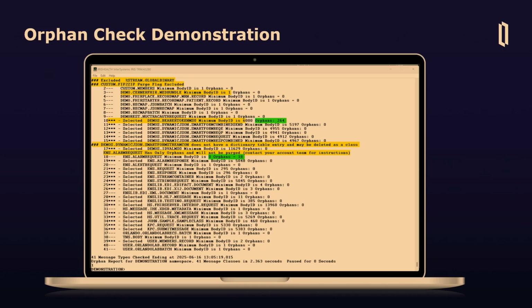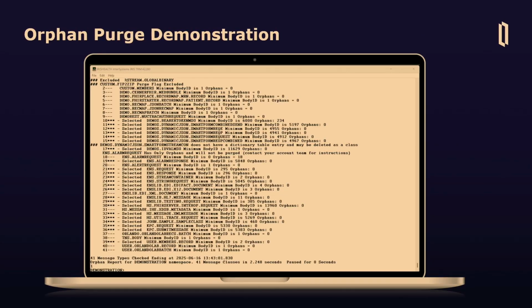So by ignoring that and just saying, anything in your retention time frame, whether it's an orphan or not, I'm going to ignore it. Once it gets past your retention, then I will purge it if it's an orphan, which is a really safe way to do it, and it's really fast. So next, we'll actually run a purge. Now, yeah, it's like 20 messages, but